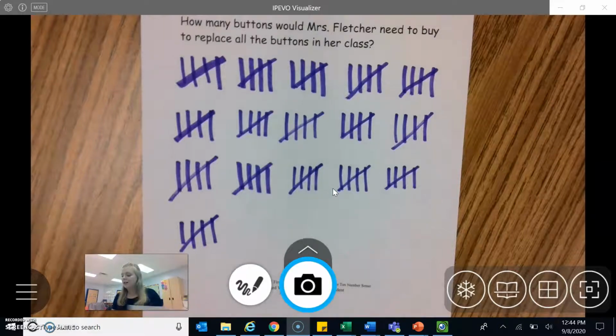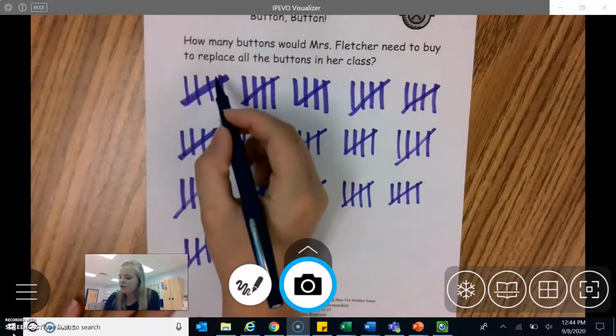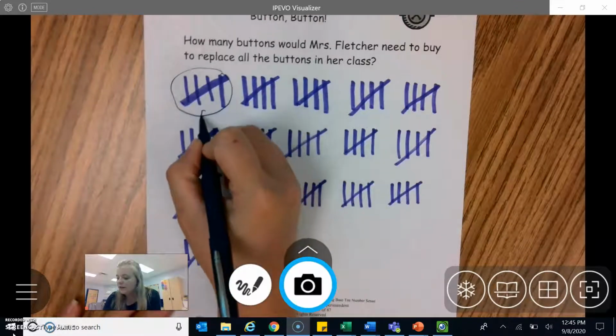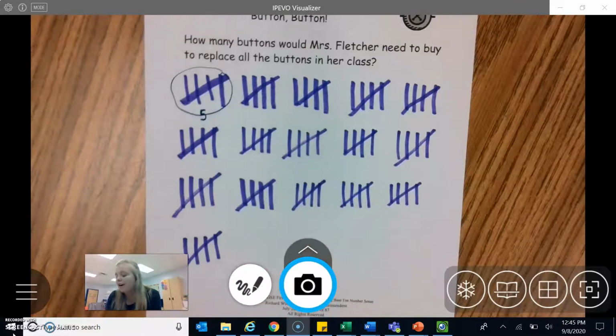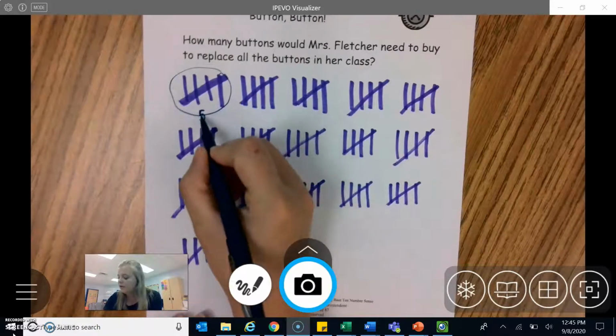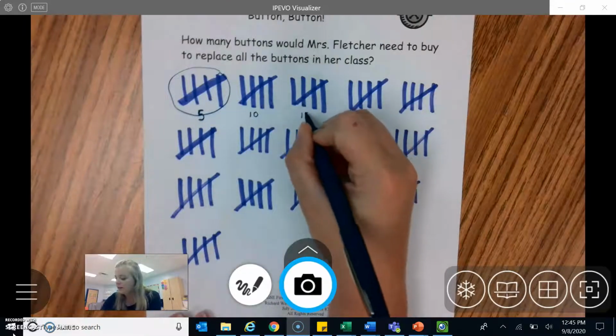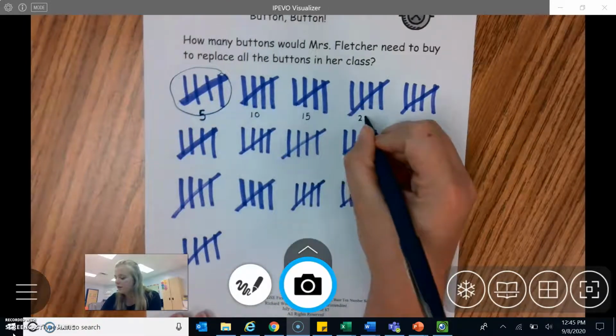Okay? This shows me the total. Now I'm going to count. When I'm counting these tally marks, I know that each group of tallies is a group of 5. So I can skip count by 5s to count these easier. Okay, so this is 5, 10, 15, 20,